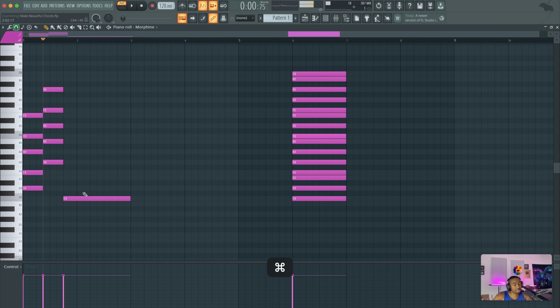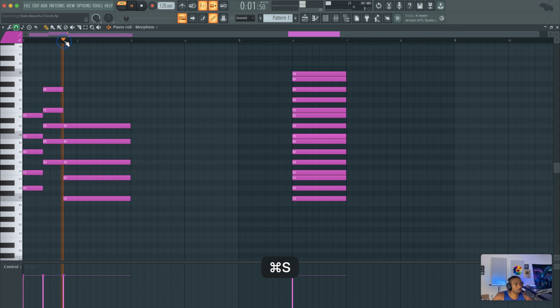Okay, now let's move to the tonic here. Okay, so we're going to take the root note and count and skip every other note in the scale. So C, skip D, go to E, skip F, go to G, skip A, go to B, skip C, go to D. We just created the major ninth chord.